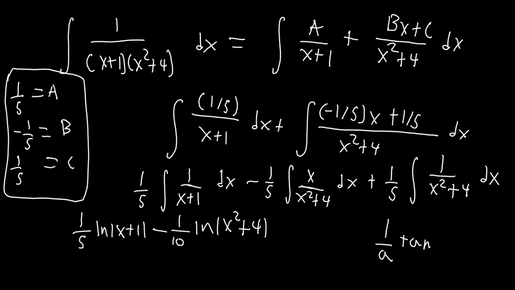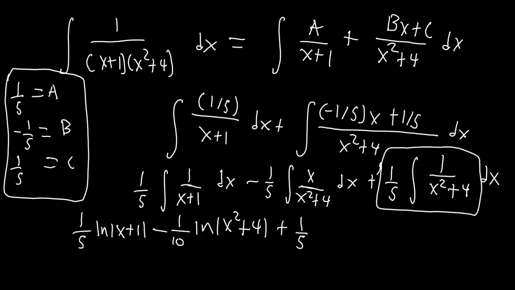Okay. So in this case, our a value would be 2, right? Because it would be x squared plus 2 squared. So our a value is just equal to 2. When we do that, the a value is equal to 2 and the u value is x. We're going to have an answer of, well, not an answer, but this integral will be equal to